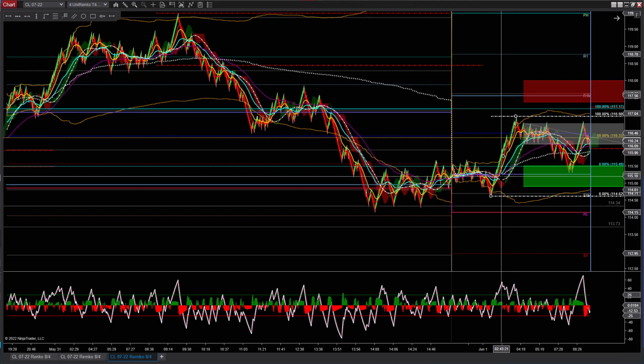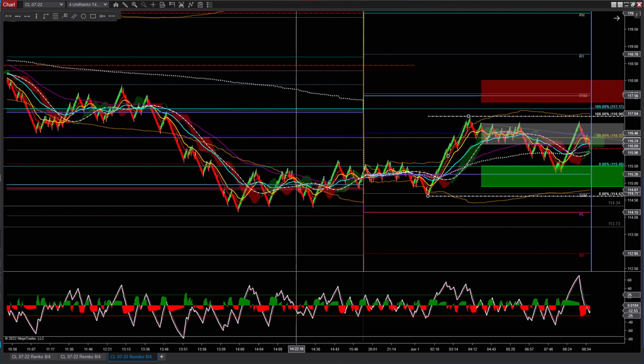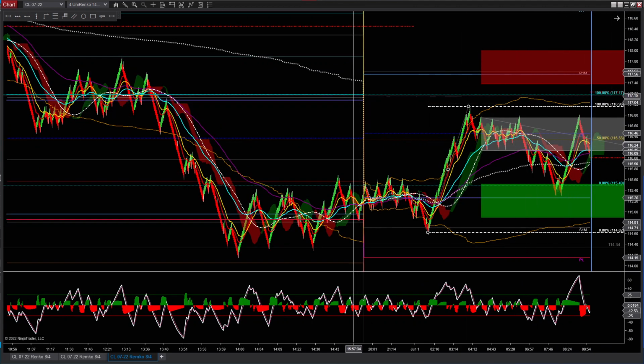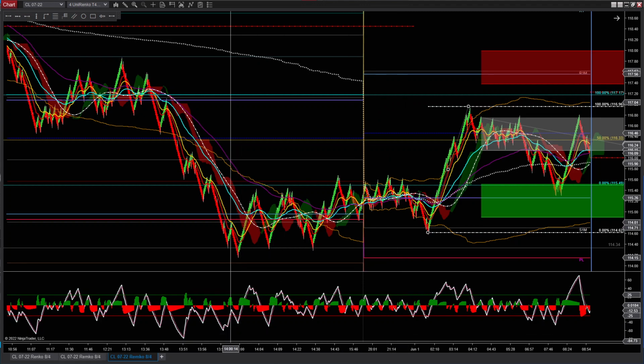So that is the overnight low and the overnight high on that one. I don't know why I don't have it that way. What I do have though is yesterday's low and yesterday's high. Hopefully,